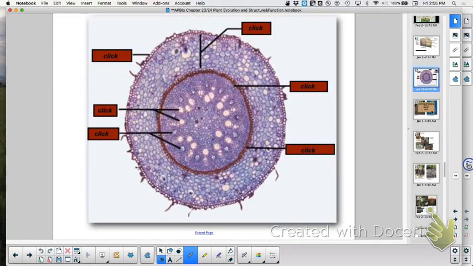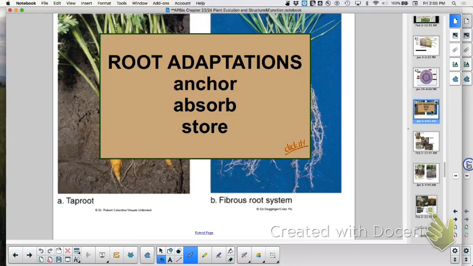All right, perfect. Let's look at some root adaptations. What is their job? Anchor the plant, right? So it doesn't fall over. When you look at a tree, pick any tree out here. Whatever you see above ground, there's an equal amount of roots below ground. Okay, think about that. All right? So whatever you see out here, you're also going to see that underground in the roots.